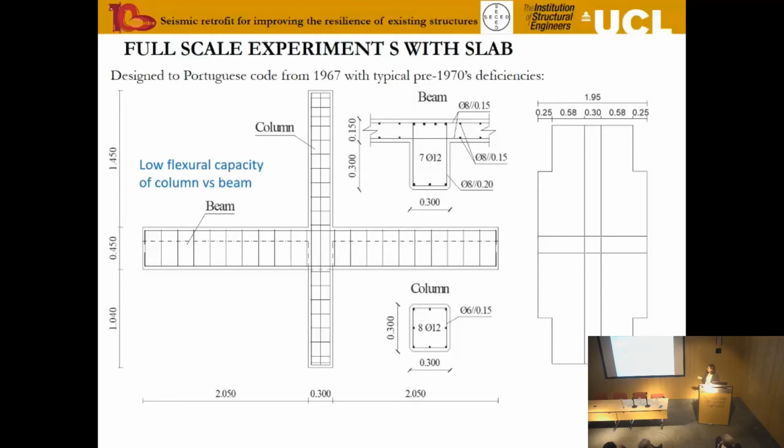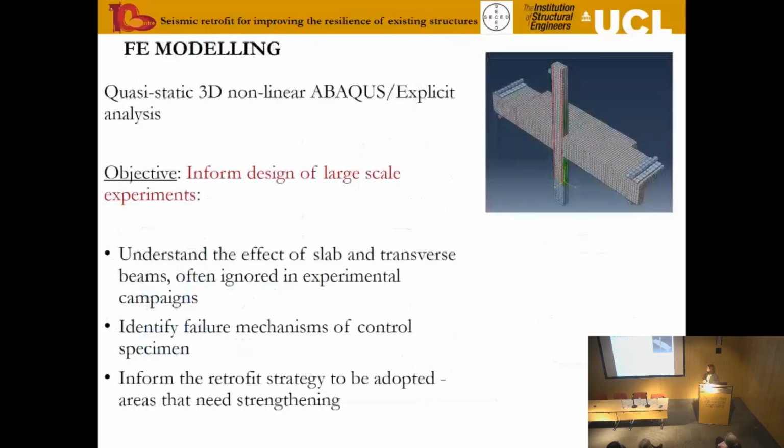So low flexural capacity of the column versus the beam, quite clearly in the size of the elements. Inadequate spacing of shear reinforcement and transverse reinforcement, so not providing maybe the shear resistance we would expect nowadays, and also no joint transverse reinforcement. So these are some of the inadequacies that are very common in reinforced concrete design of the era. And we were looking at, say, the beam column connection within the second story of a sort of 4-story type house. So this is a sort of typical residential construction.